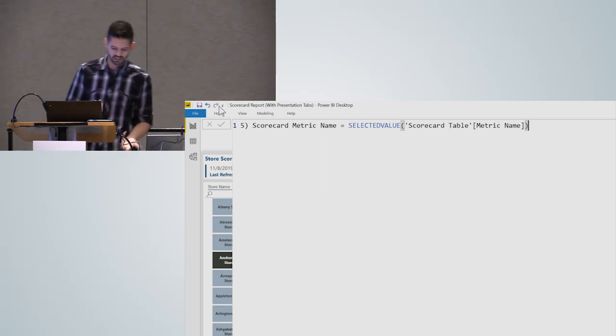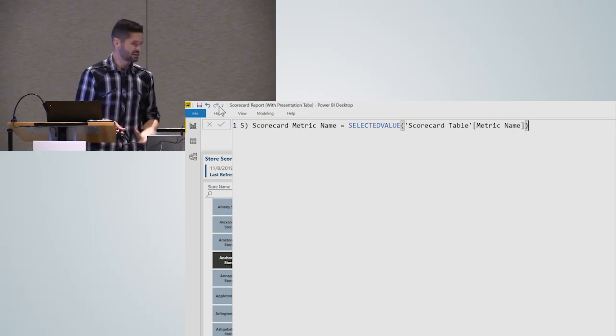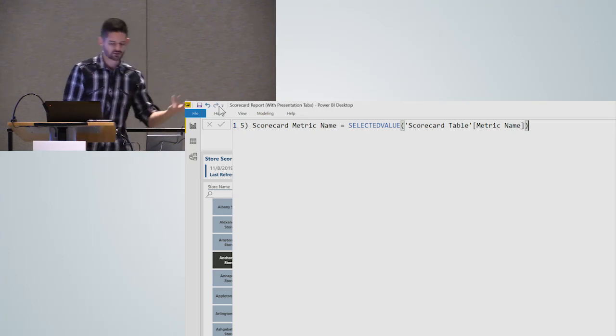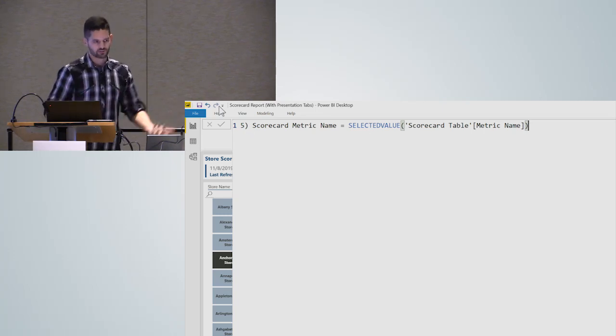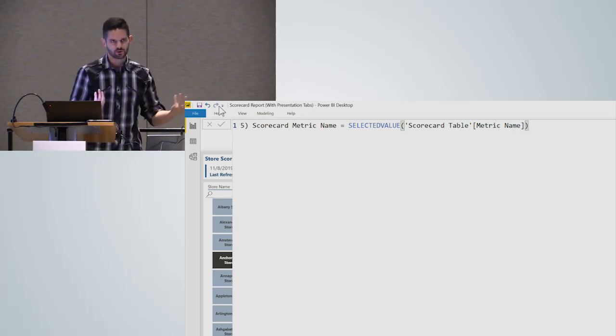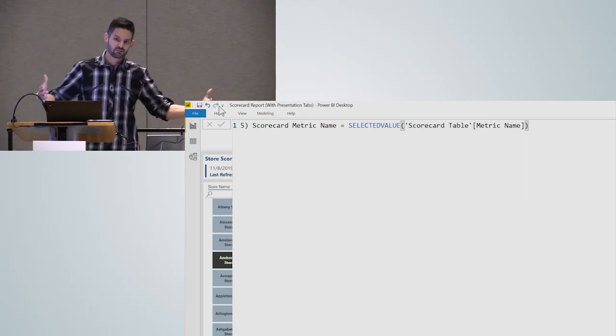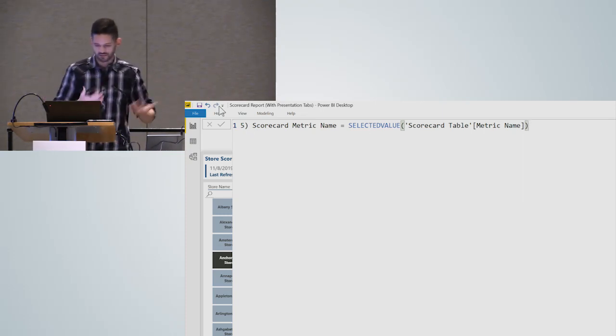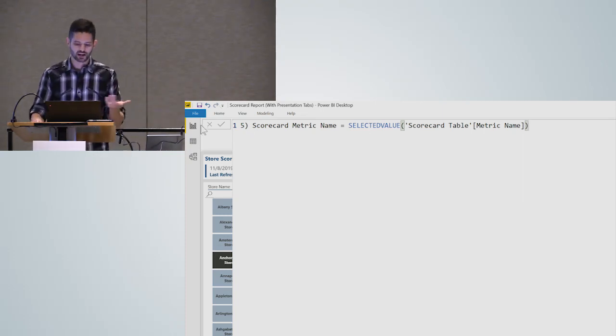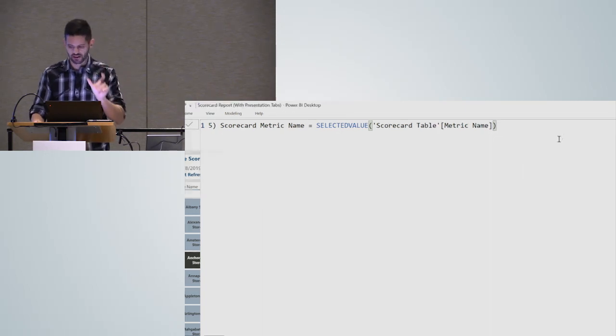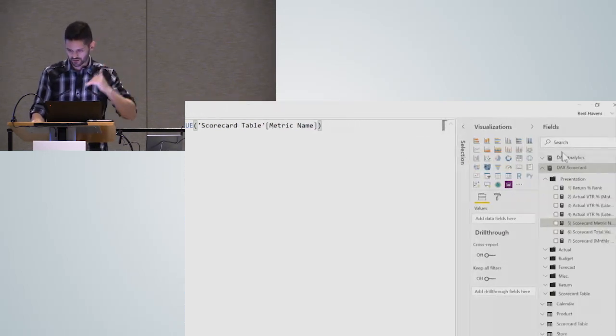The term that I like that I've learned to use, and again going to SQL BI, who are the masters of DAX, is this is called syntax sugar. It's doing the same in the back end for the most part, what you might have written with a longer statement, but it just makes it smaller and cleaner. So you'll see the context of why I have something called scorecard metric name here in a minute. So let's look at the next formula after this.